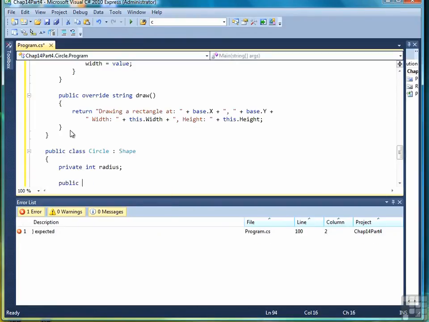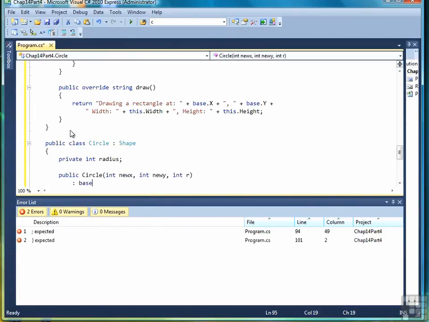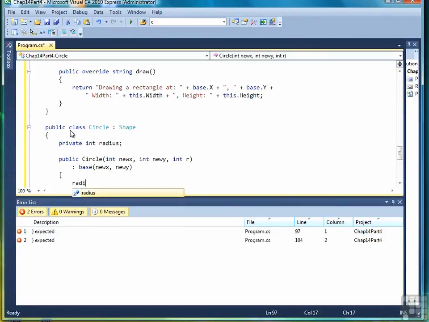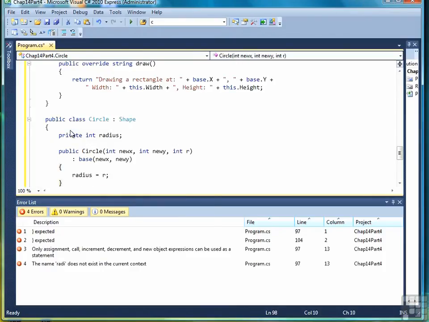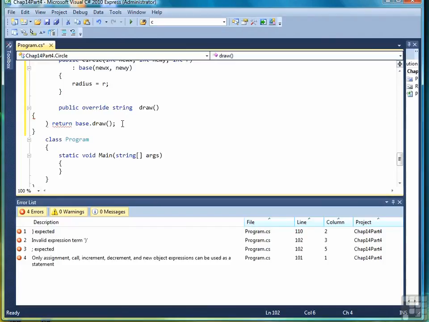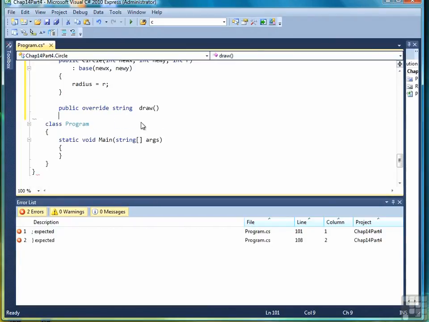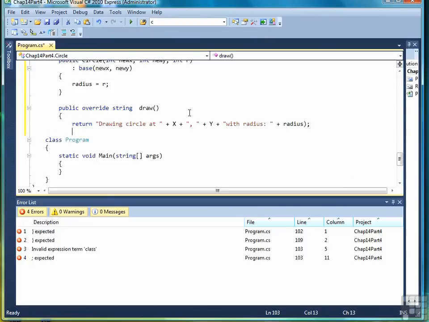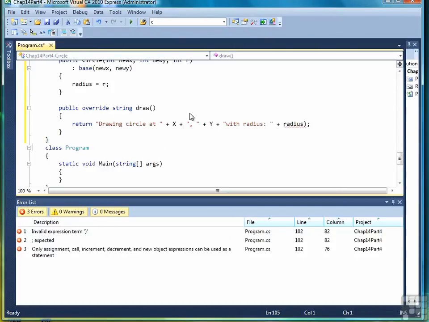For the constructor, we'll have newX, newY, and int r. And then, of course, we'll call the base class constructor with newX and newY. And then in the body of the constructor, we'll set radius to r. To keep it simple, I'm not going to create anything else other than a Draw method. So let's do that real quick. And we'll just have a string that says drawing circle at x and y with radius,